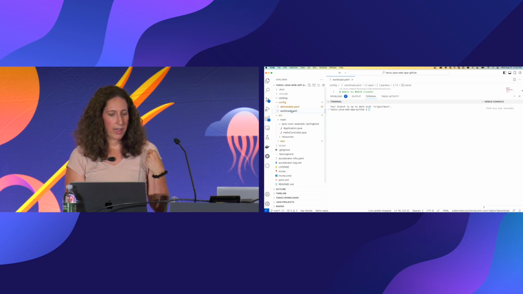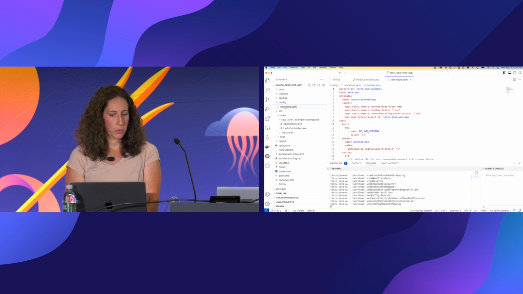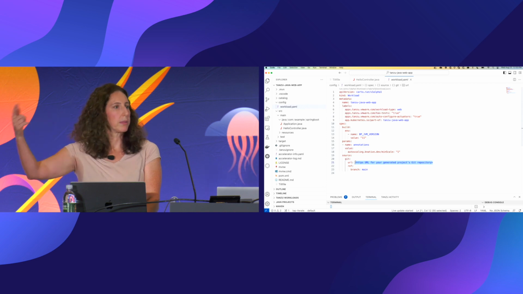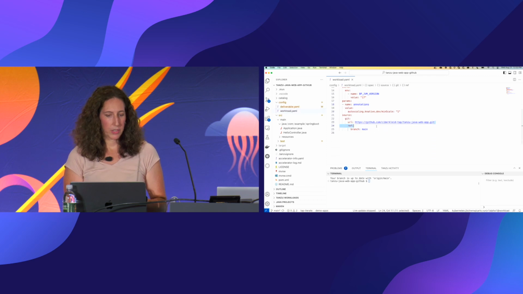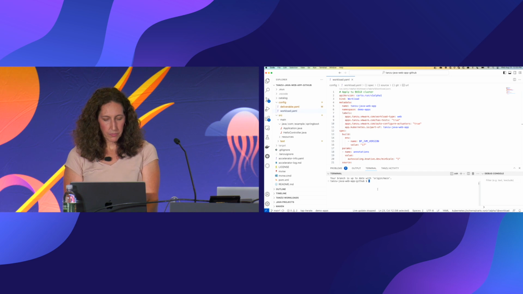And this file called a workload.yaml file, that was, if I switch back to, this is the one that we just created. In config, there is a file called workload already. And it's mostly populated, but it doesn't have the URL of the Git repo where I'm going to check this in, right? So I've done that, and this is the copy in Git, and here I filled in the address where I've checked in this code. So once I check in this code, then